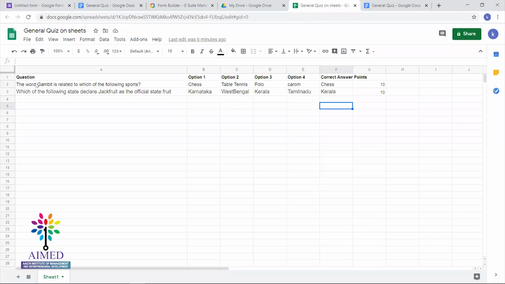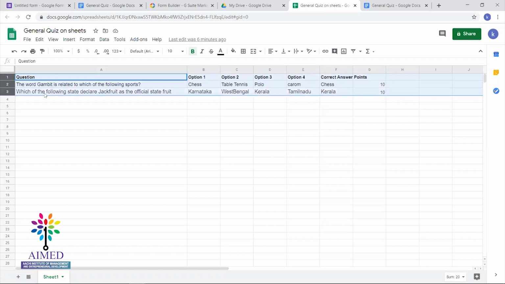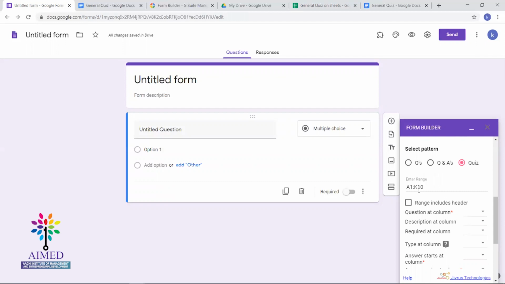Whatever information you have in these cells, that range you have to give. In our case, it will be A1 to G3. So you can give, instead of A1 to G1, G3. Okay.